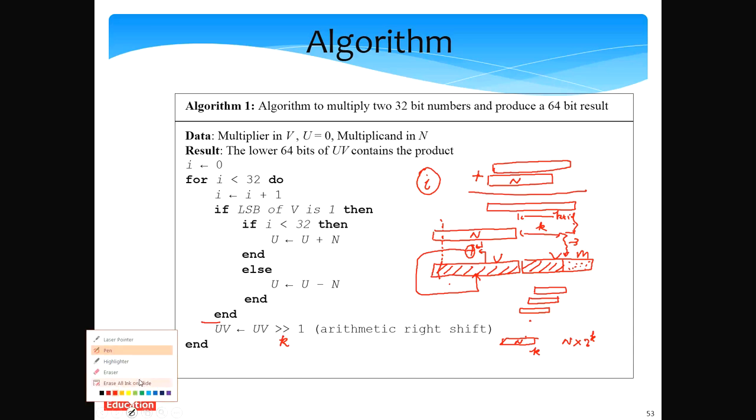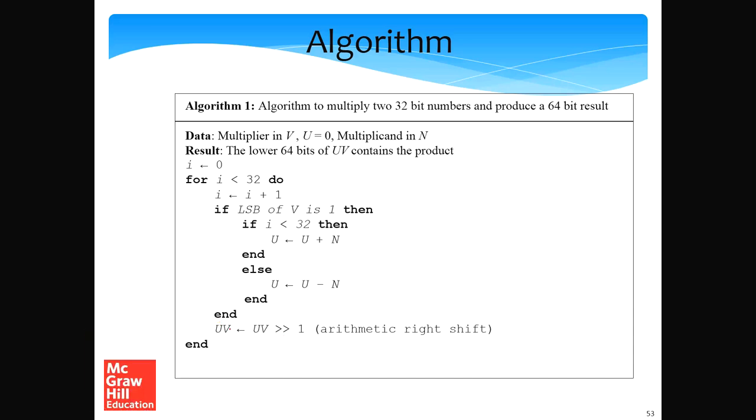So let us now consider the last iteration. The last iteration will pretty much bring us over here, and it is somewhat special. The reason is that this is a signed number, and so we have the multiplicand on top and the multiplier at the bottom. When we reach the last iteration, which is the 32nd iteration, if the LSB is 0, we don't do anything, which is fine. But if the LSB of V is 1,